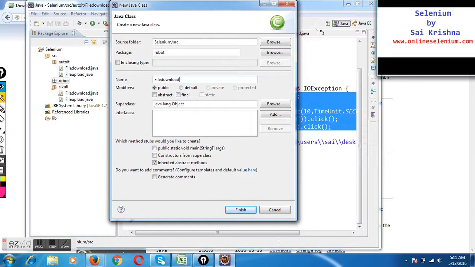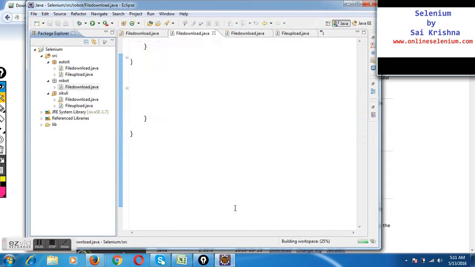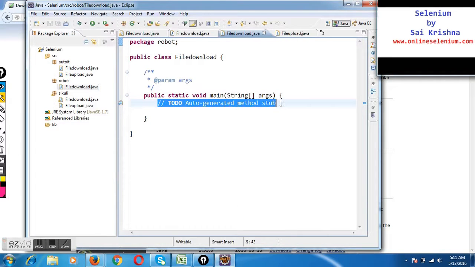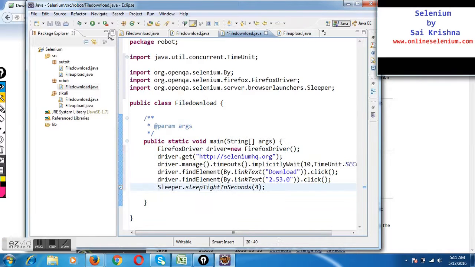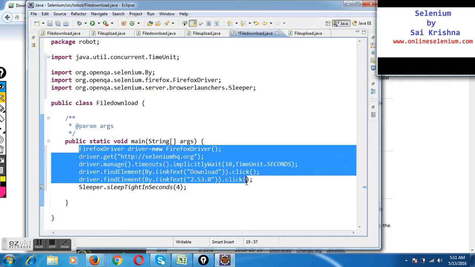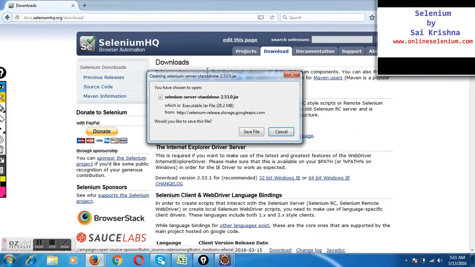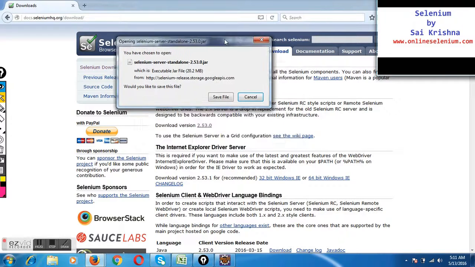Friends, please concentrate, but this time the file download we are trying to do through the Robot class. I'll paste the code over here. The first part of the program, all of us know Selenium is going to handle. If you run the program till here, it's going to open Selenium HQ, click on download, click on 2.53.0, and this window will come up on my screen.